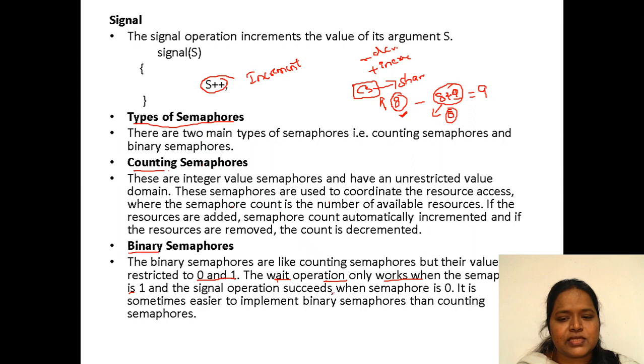And the signal operation succeeds when the semaphore is 0. When we give a signal operation, in the sense, it will be incremented by 1. It is sometimes easier to implement binary semaphores than counting semaphores. So either we can use binary semaphores for the critical section problem, or we can use counting semaphores for the critical section problem. Here our main motto is that the resources placed in the critical section should be used by only one process at a time. So that is the main motto of